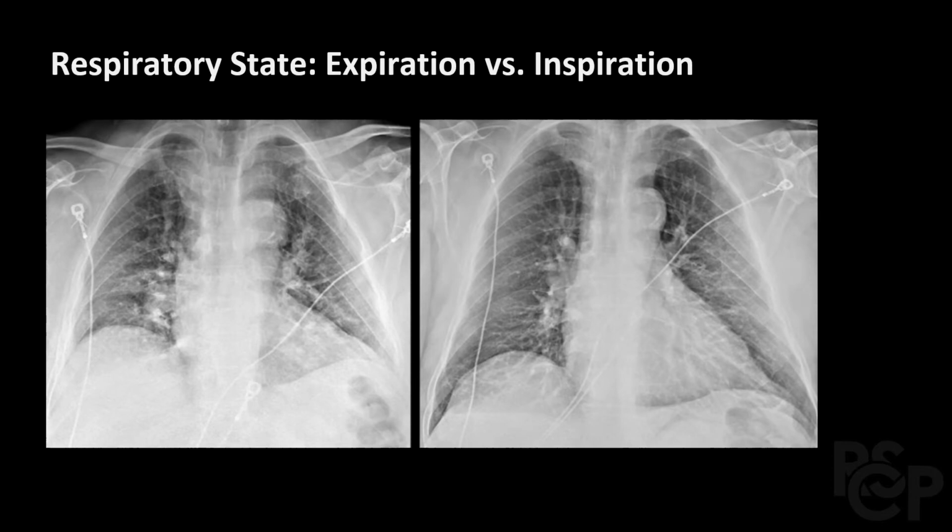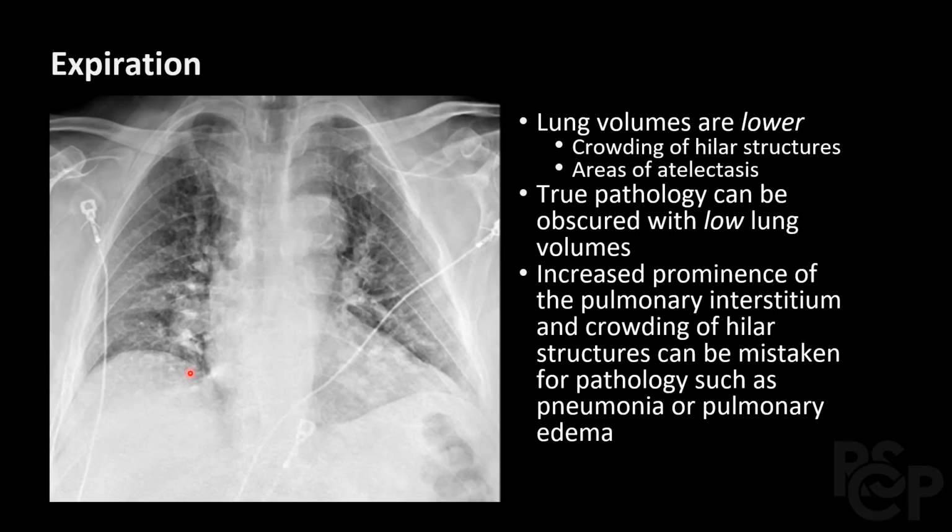The next aspect of technique we'll discuss is the respiratory state in which the radiograph is obtained. If a radiograph were to be obtained during expiration, we may be concerned about lower lung volumes, which can obscure true pathology. Notice in this example of a radiograph obtained during expiratory phase, the lung volumes are lower, crowding of